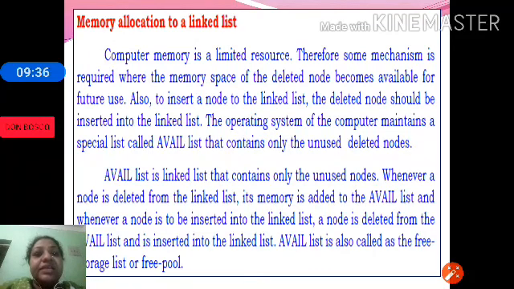Avail is a list which stores the information about the unused or deleted nodes. That means when we delete the node, that space is available. That is indicated in the avail list which is used by the operating system.